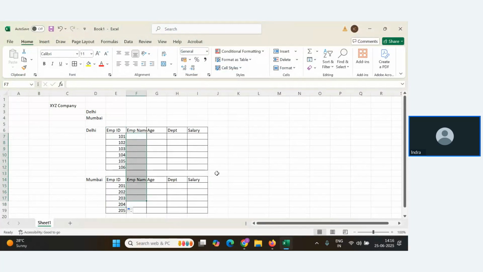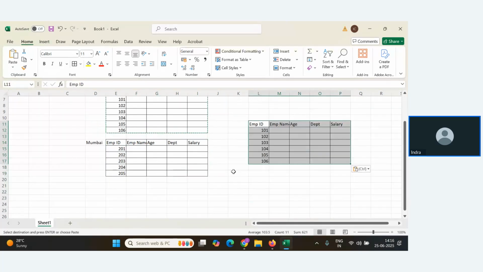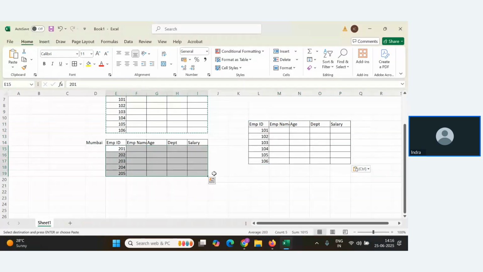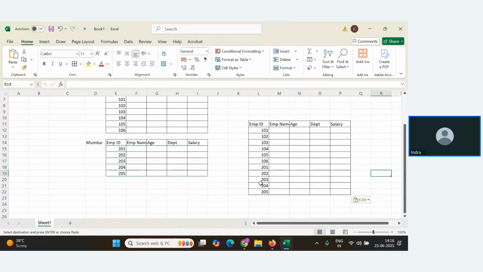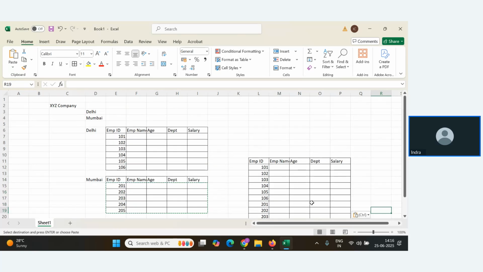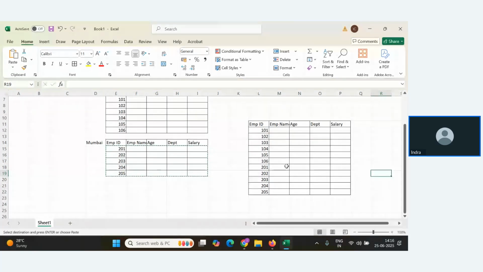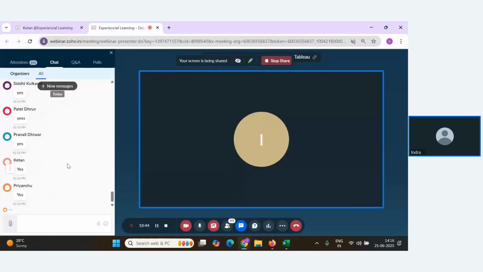So with the help of union operations, I can combine these two tables into a single table, like this. I'll combine both these records into a single table. That is nothing but the union concept.